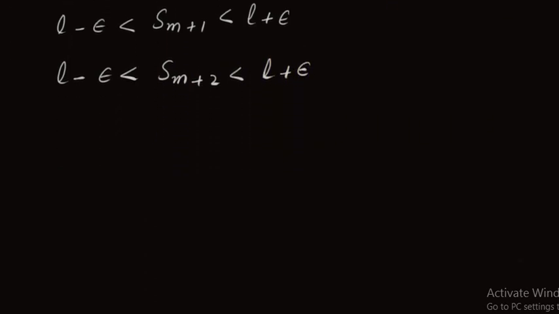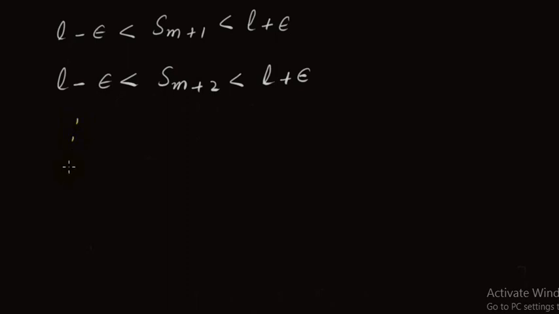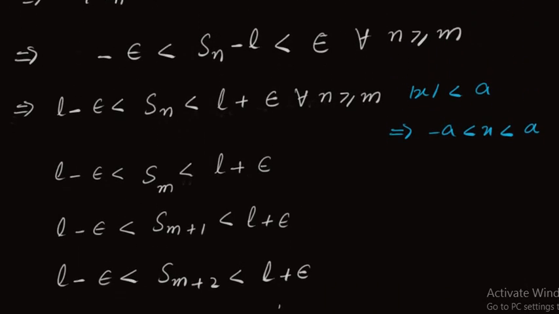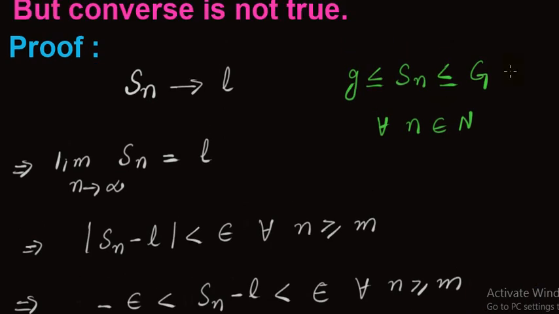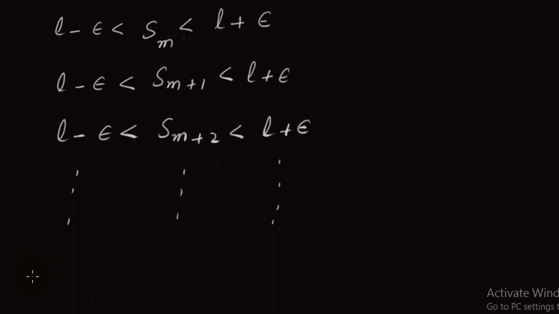Now this process continues for infinitely many values of Sm. So for all values n greater than or equal to m, we can find this relation. Now our target is to find a lower and upper bound for this sequence. Now we choose a lower bound for this sequence. Let small g be equal to the minimum of L minus epsilon